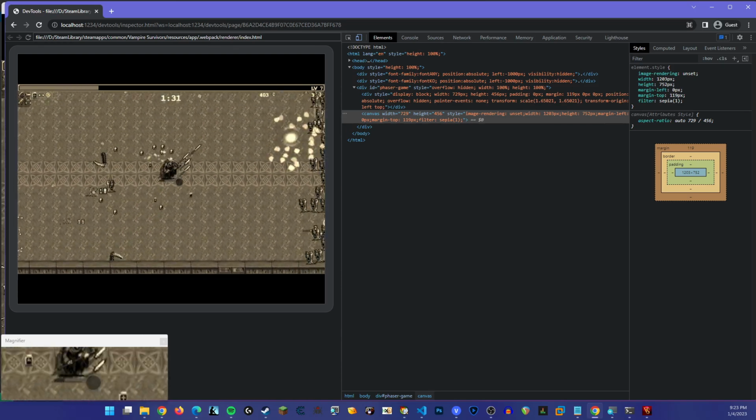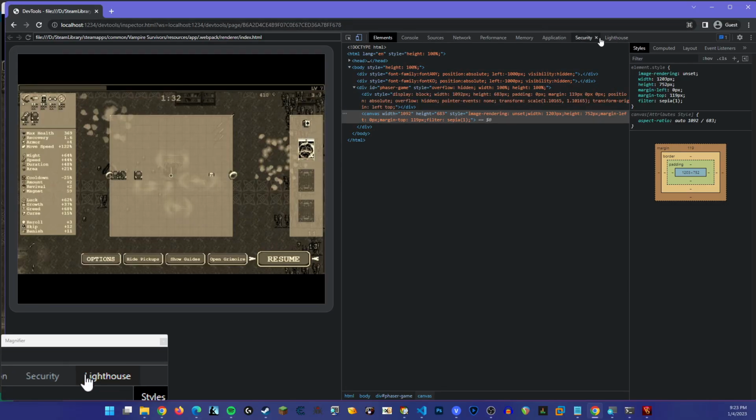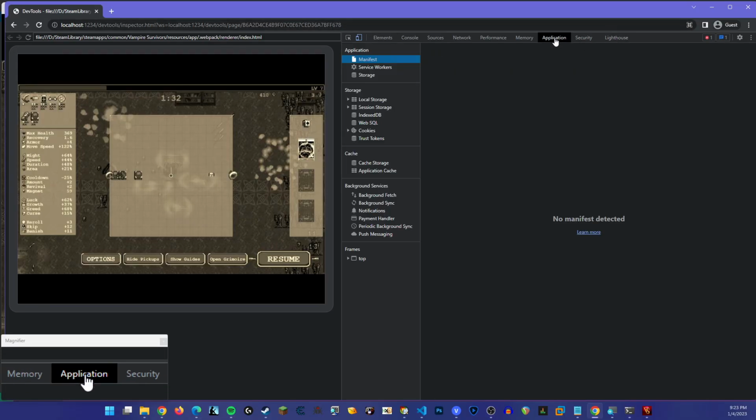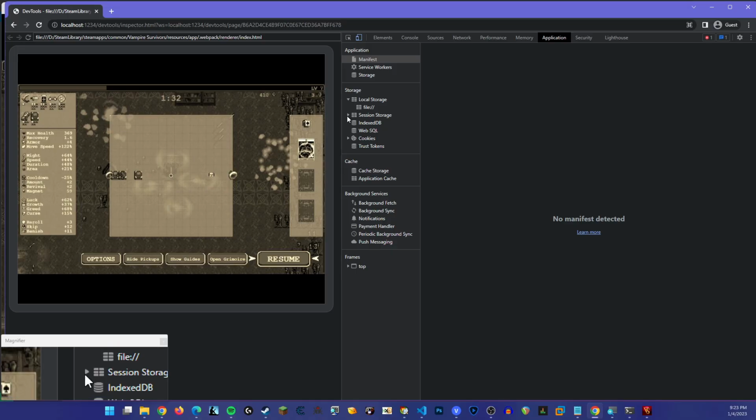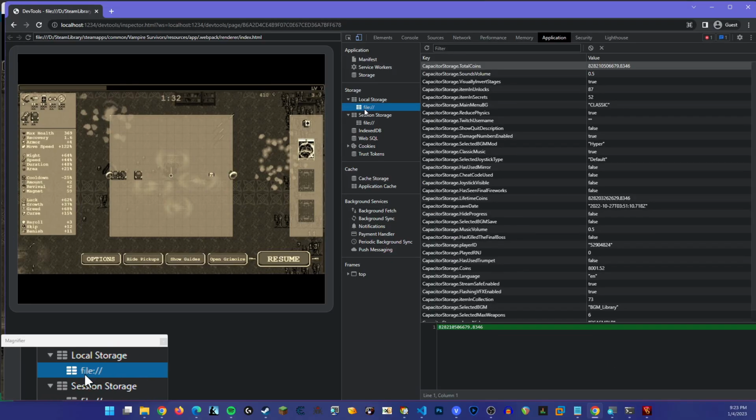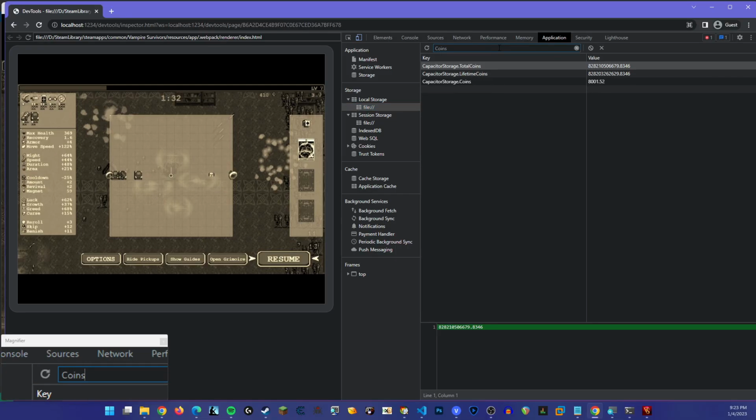Anyway, okay, so I'm going to hit escape, and now that we've done that, you can go to Application, and you can start looking around through here in your local storage, session storage, IndexedDB, different things like that, and see if you see anything of interest. If we look in the local storage file here, we see something very interesting right off the bat. Total coins. What if we search for coins? All right, here we see